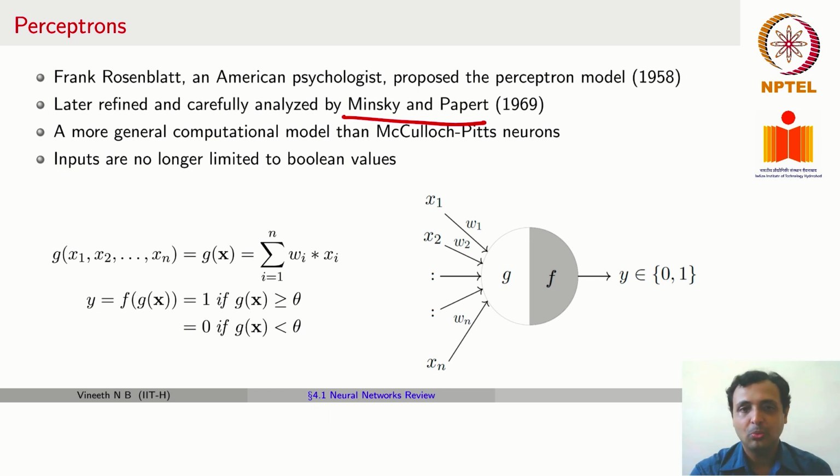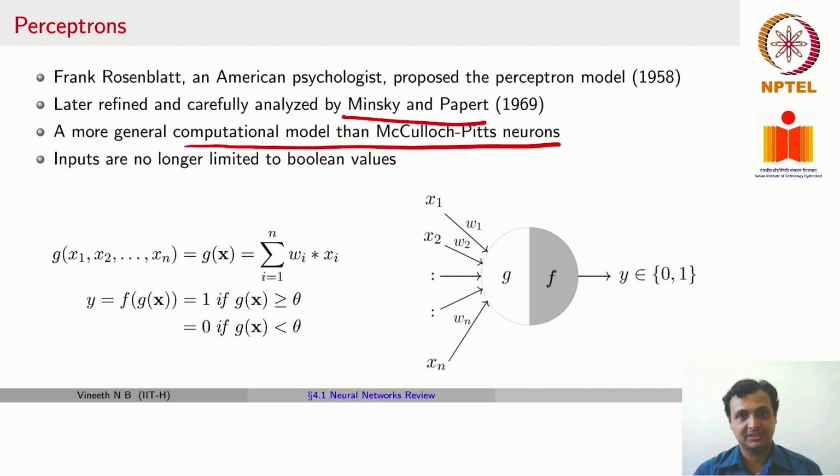A perceptron was a generalization of the McCulloch-Pitts neuron, and now the inputs were no longer limited to Boolean values. You could have any real value as input to a perceptron. In addition, each of these inputs was weighted by a set of values which are denoted as W1 to Wn, which means